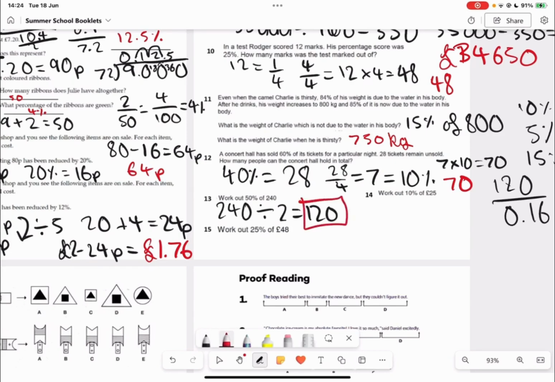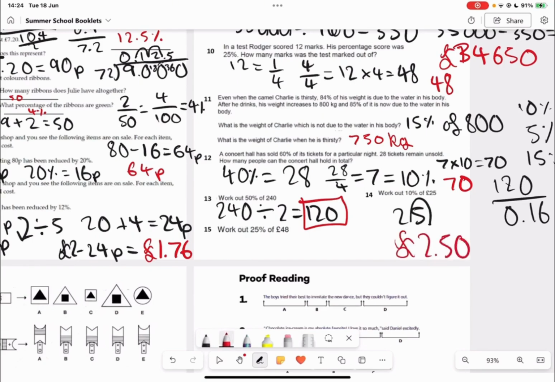And then we look at question 14, which is 10% of 25, which will be £2.50 because we're moving our decimal place. So we can take our 25 and move the decimal place once to the left. And the answer will be